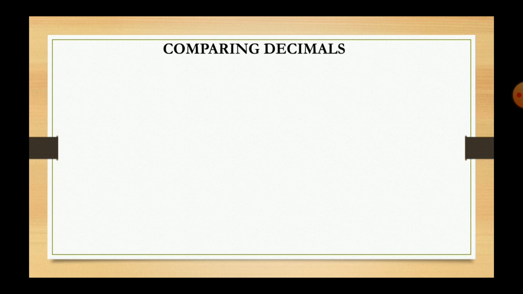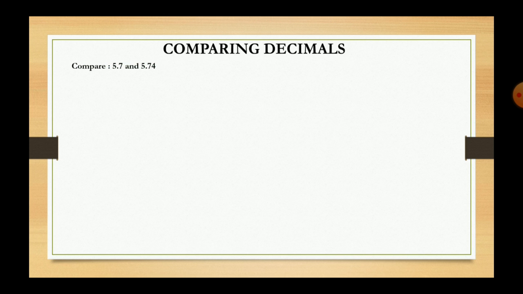Now the next topic is comparing decimals. As you have learned that a like and unlike decimal can be converted into like ones. So these are comparisons only. Here also let's learn a different type of comparison where we will see which number is greater than the other one. So before comparing the decimals, we must know that the decimal numbers we have must be like decimals. Let's take an example over here for comparing 5.7 and 5.74.